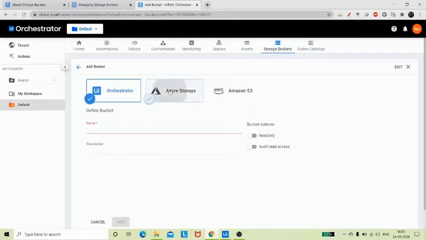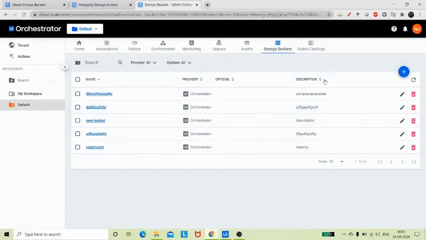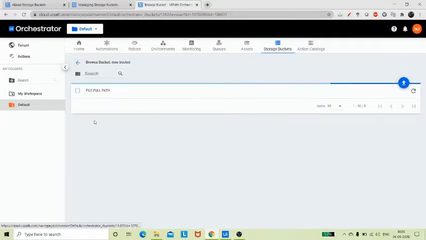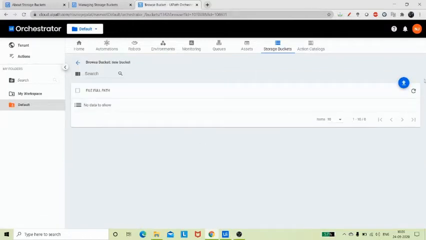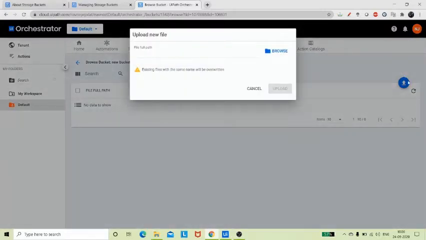and select any of the storage solutions, define its name, and describe it, and we can simply click on read only or audit read access. So it would provide the read only permission, and we cannot make any changes inside this. We can disable these fields also and click on add to create the specific bucket. So I have these many buckets,